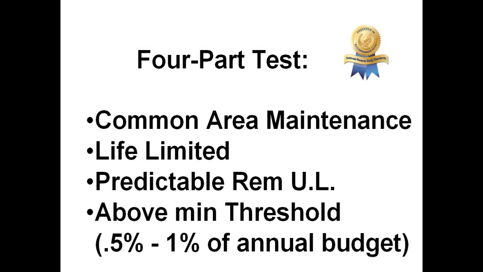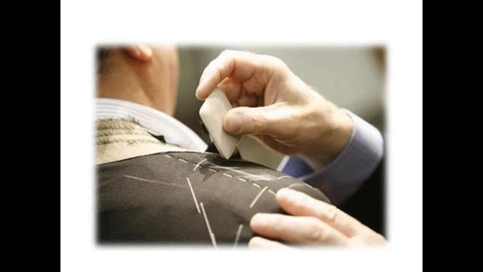For those types of associations, it would be nice to have that $5,000 waiting in reserves rather than depleting the association's entire $5,000 annual miscellaneous category in the budget. So it's all about custom fit. The association sizes, the different types of assets they have, the different ways they handle their expenditures, all tend to make that four-part test more effective than a checklist that's meant for associations to refer to. So it's all about having the reserve component list be a custom fit for each association.